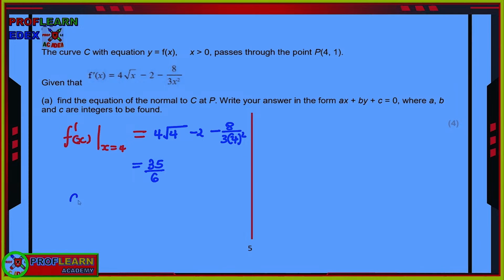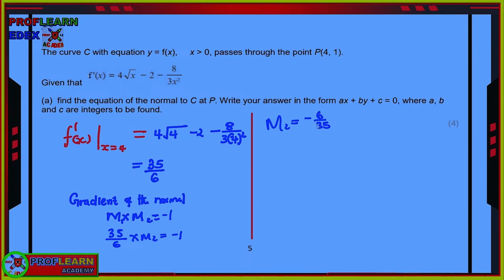If it was the equation of the tangent, it means we were to use 35/6 as the gradient of the tangent. But now, since we're talking about the equation of the normal, we need to know that a normal and a tangent meet at 90 degrees, so they are perpendicular. That means we need to use m1 times m2 to find the gradient of the normal. So m1 times m2 must give us -1 because they are perpendicular, which will mean that our m2 is going to be